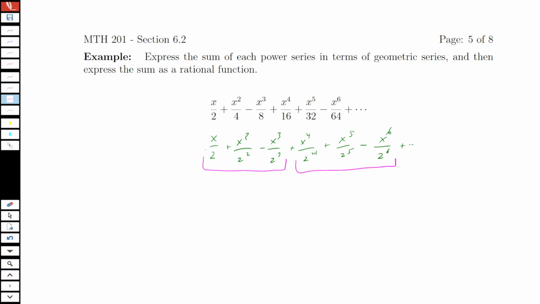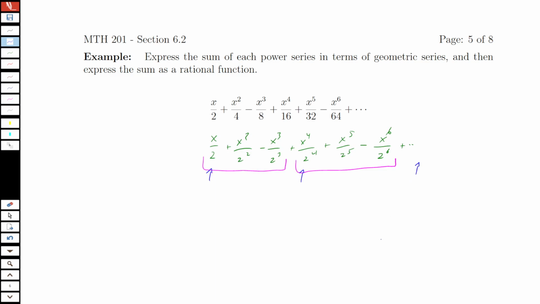So maybe I have like an x over 2 to the n or something like that, because I have a negative but only every third term. So I'm going to take these blocks of 3. So what I'm going to do is I can say, well, within the block of 3, now I have a repeating pattern. So if I look at the first piece